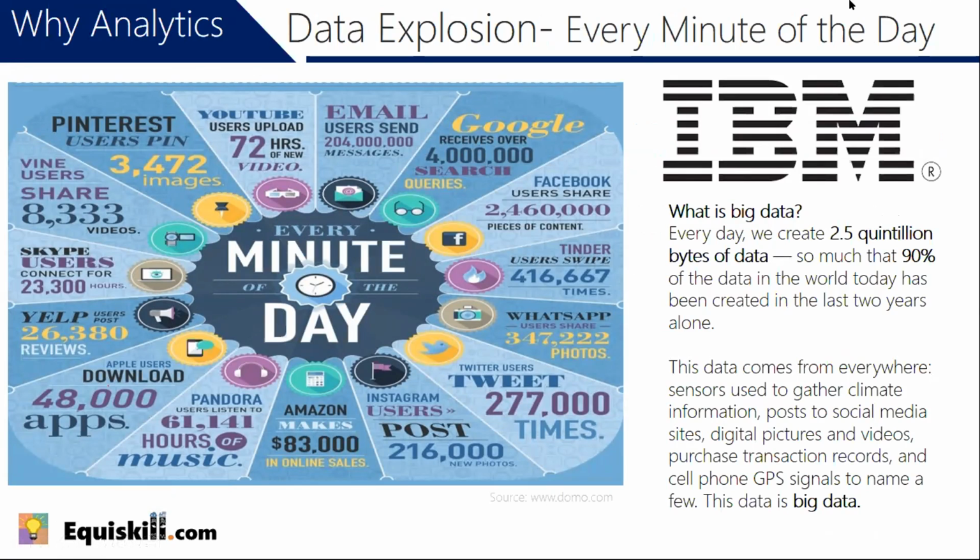And if you look at the statistics, it's just mind-boggling. Let's have a look at some of the stats here just to get a sense of the amount of data that we're actually talking about. So we talk about big data, but really, how big is it? So you've got 277,000 tweets, and that's as far as Twitter goes every minute. You've got 2,460,000, so we're basically looking at around 2.5 million shares on Facebook in a minute. And this number here is dated, but Amazon's making now much more than $83,000 in just 1 minute on the internet. That's huge, isn't it?